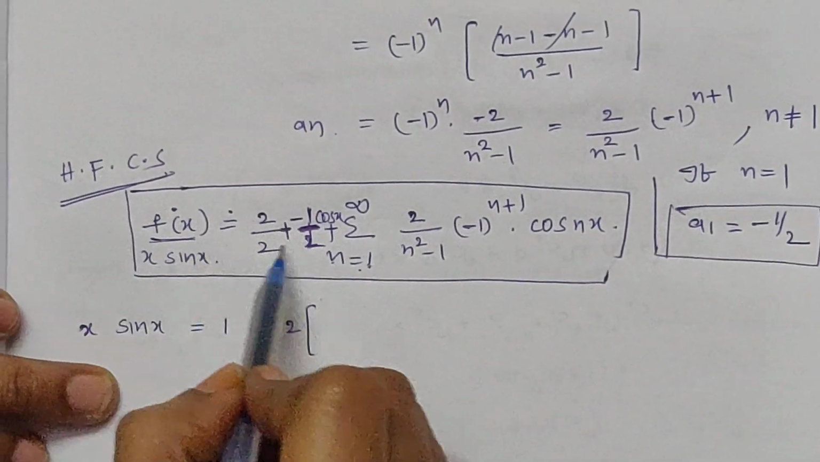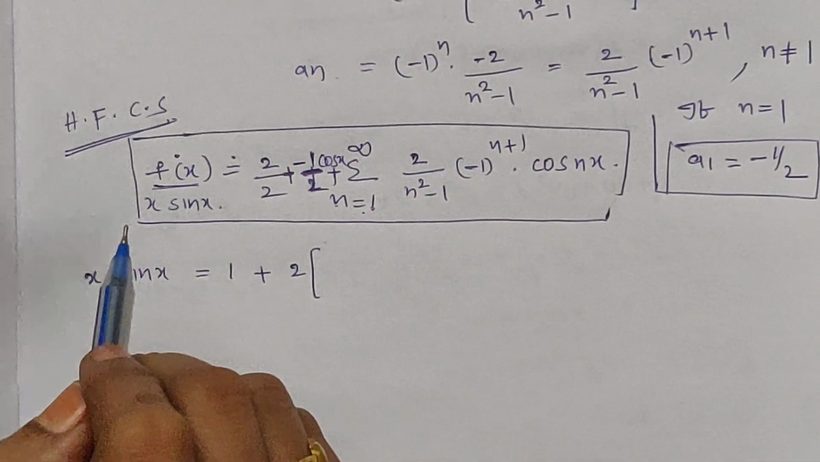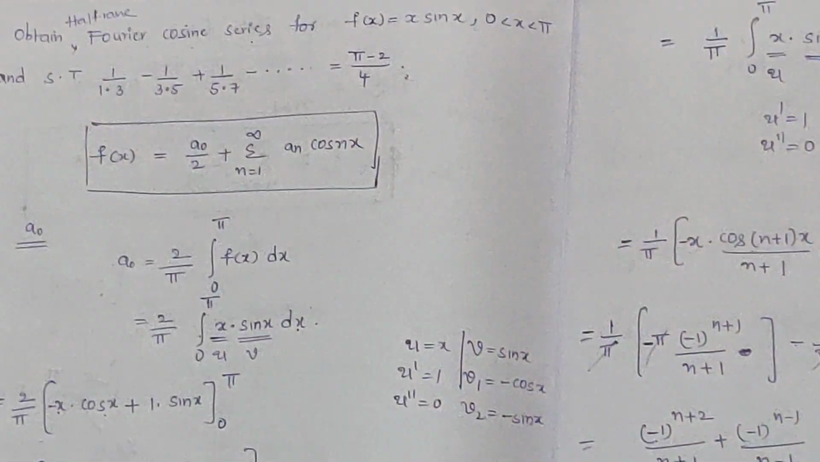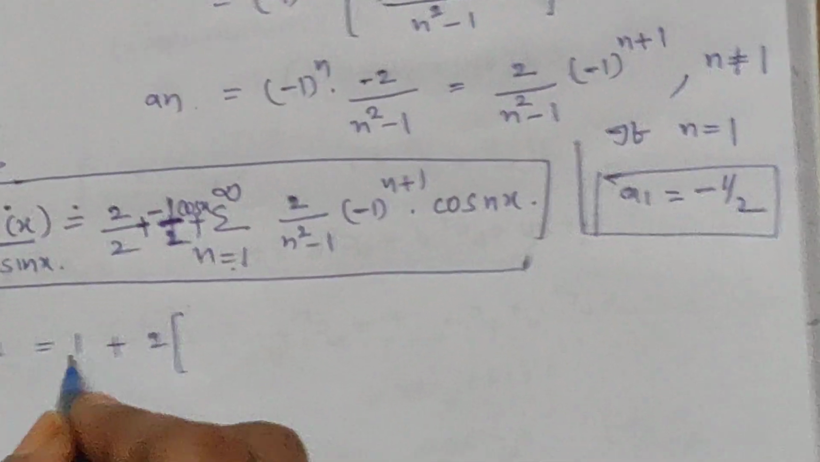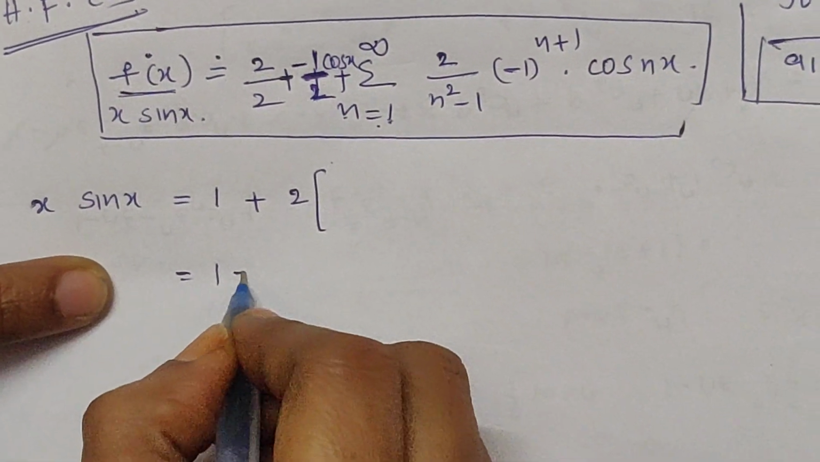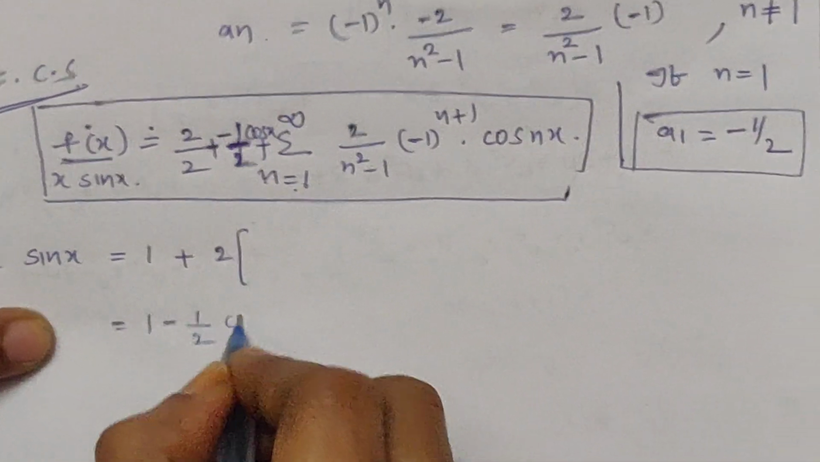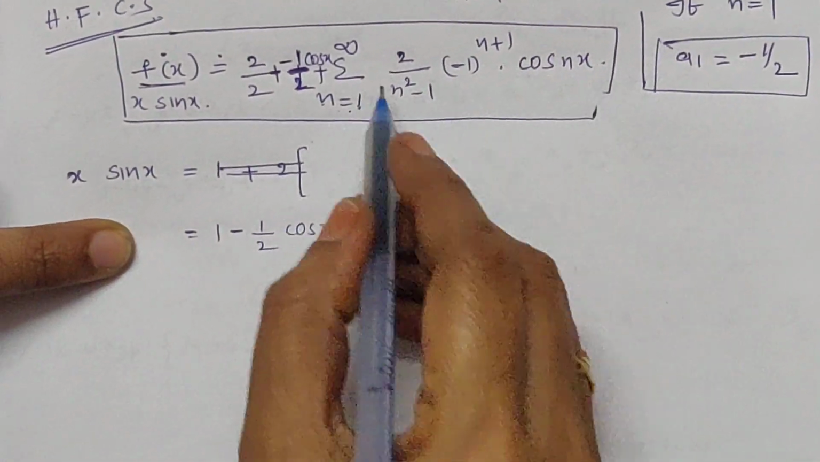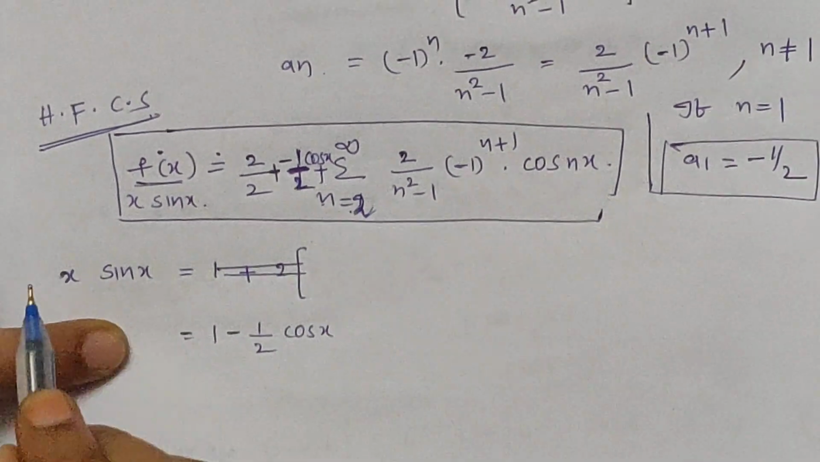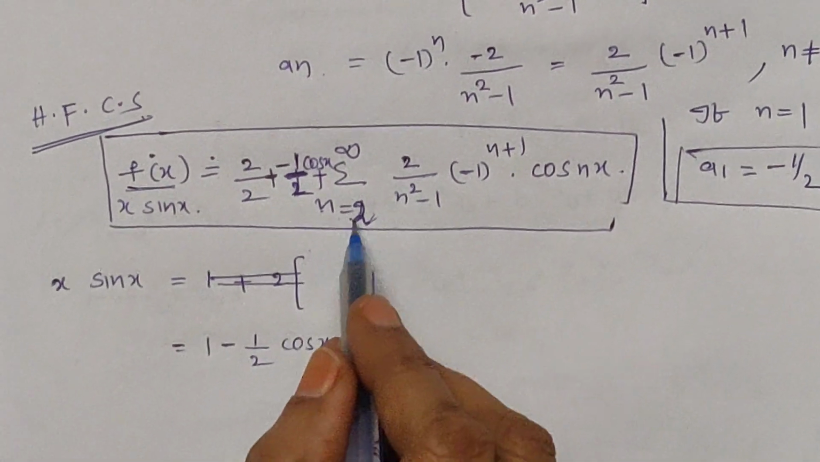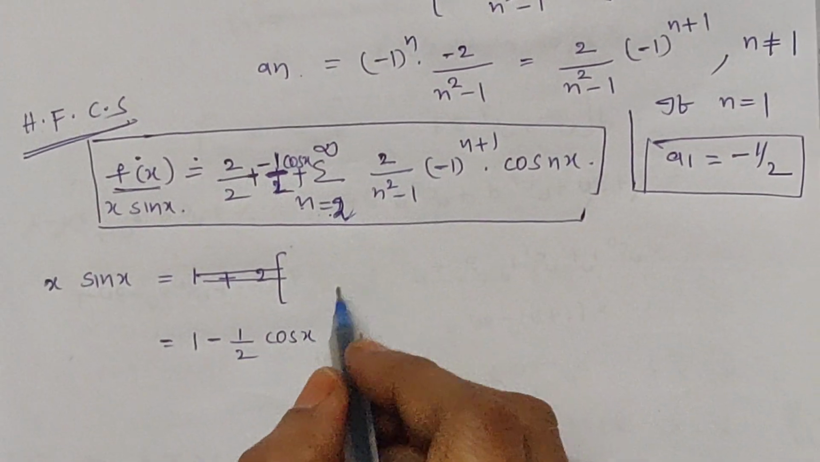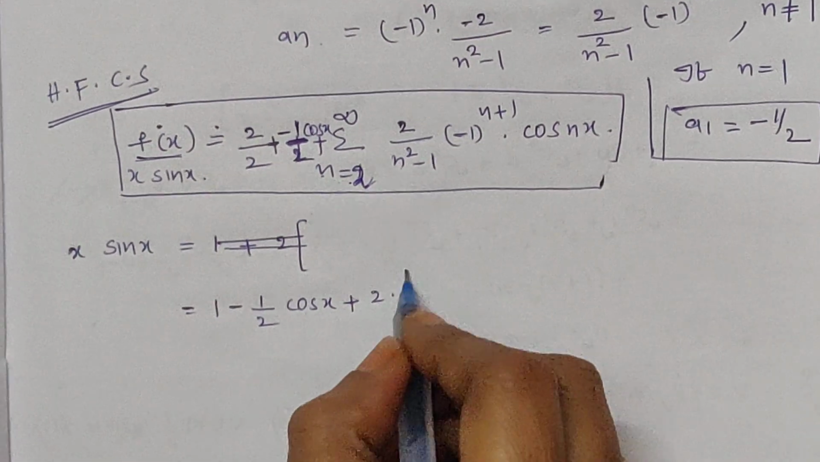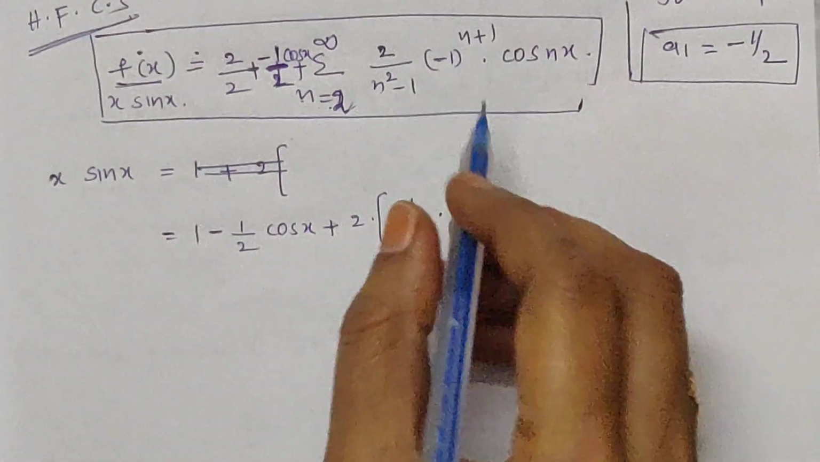This is the half range Fourier cosine series, and in order to obtain this deduction, expand this sigma, that is 1 plus minus 1 by 2 cos x, and in particular for n equal to 1, and this is from n equal to 2 onwards. So if you put n equal to 2, (1 by 3), you will get